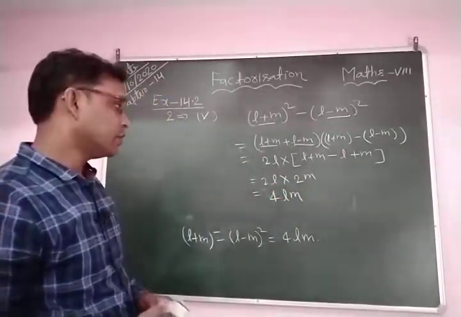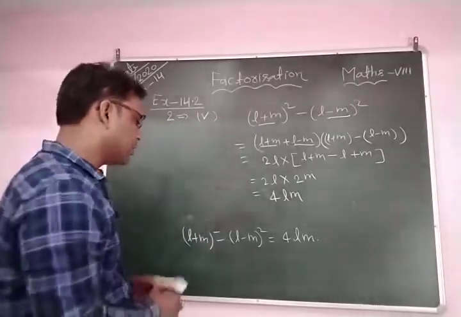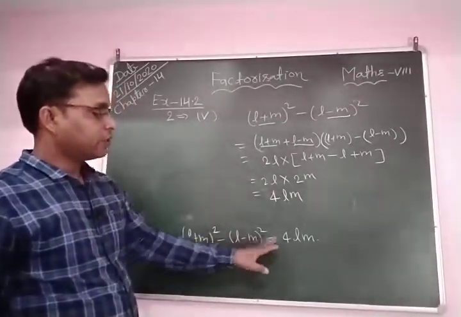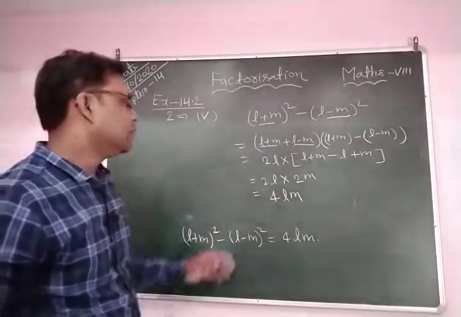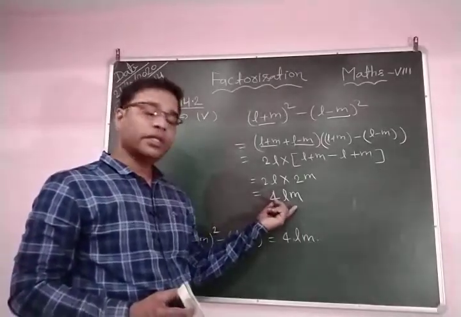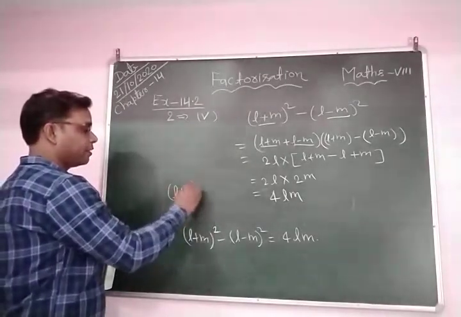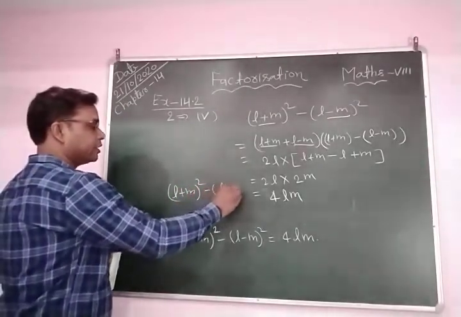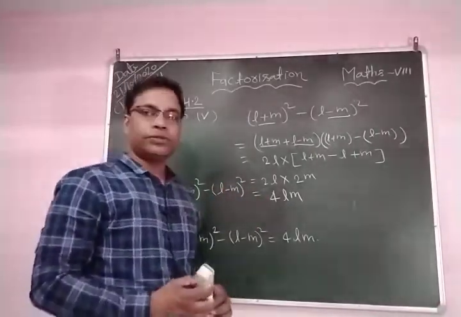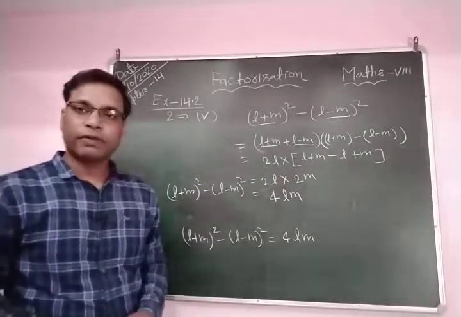Clear? So you can see using both methods. Here, using the first identity and the second identity, we obtain 4lm, and here we only use the third identity. Although we find the factors of (l plus m) whole square minus (l minus m) whole square, this is equal to nothing but 4lm. So students, I hope all of you understood this question, and thank you for watching. Jai Hind.